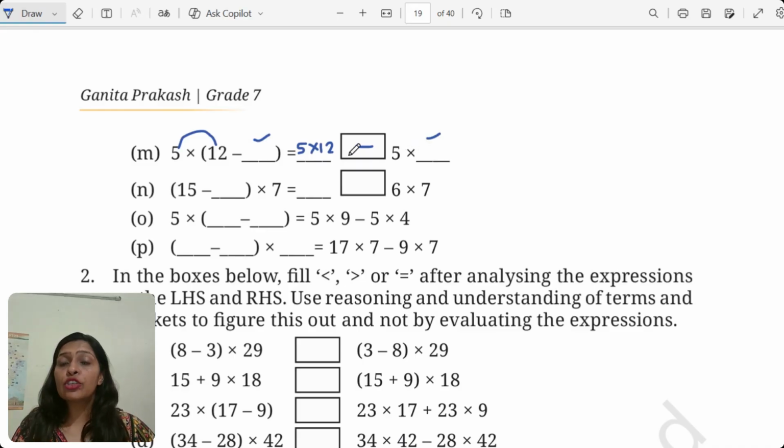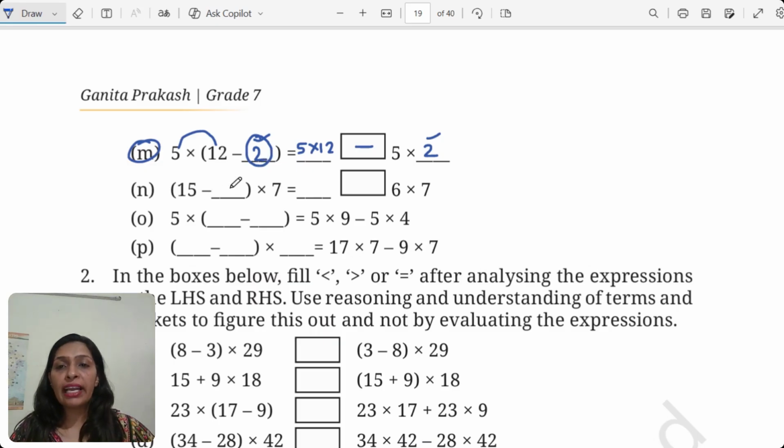So again you have a choice of your own, you can put any number. So let's say I'm putting a 2. Okay, so if I am putting 2 here, then my answer automatically comes to this side. You may have any number here of your choice. Again, this part will not have any specific answer for this particular portion.